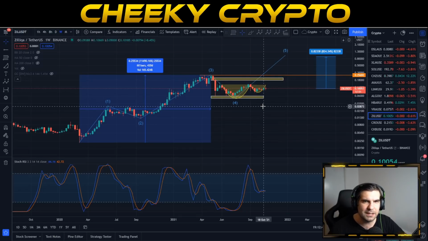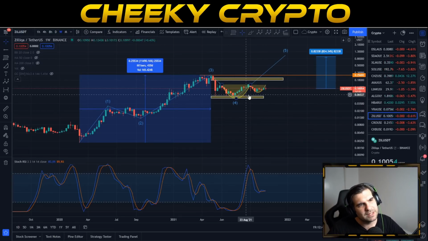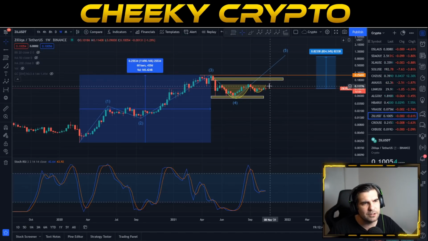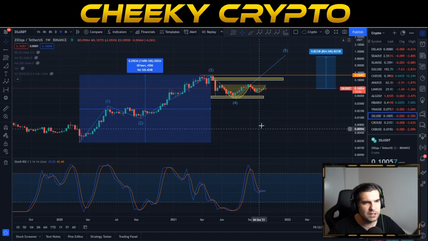That would put us into the 618 area, and we'll take a look at it on the daily chart in a little bit more detail in a moment. But this could be the trigger that really takes us up into November in a very strong way, into this fifth wave as we continue that growth to the upside overall.